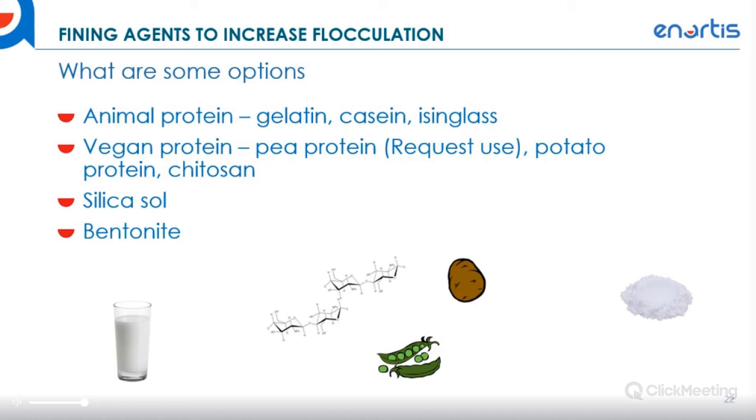I have a document I'm going to share with you all at the end of this presentation. It's a very simple to fill out document that basically requests the use of the pea protein from the TTB. We'll ask that individuals who are interested in using pea protein as an alternative vegan fining agent request to use this fining agent from the TTB, and that will speed up the process of the TTB allowing the industry to use it, because the more demand that we show for the fining agent, the more the TTB will